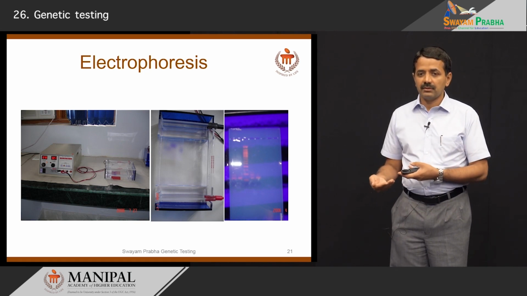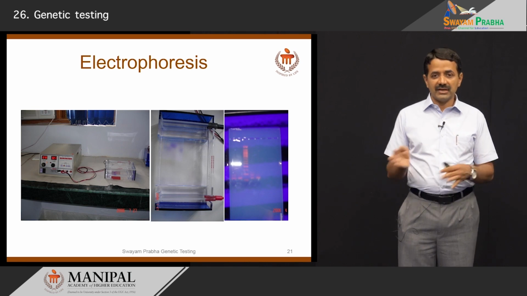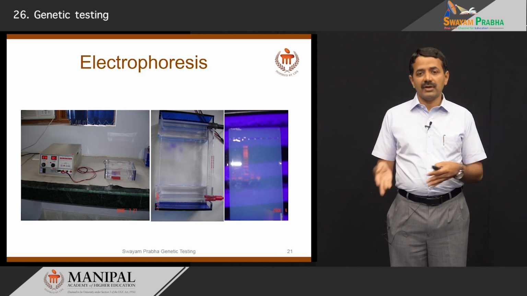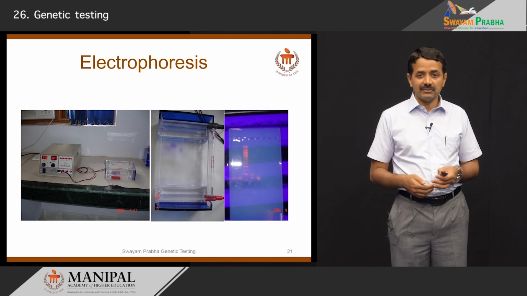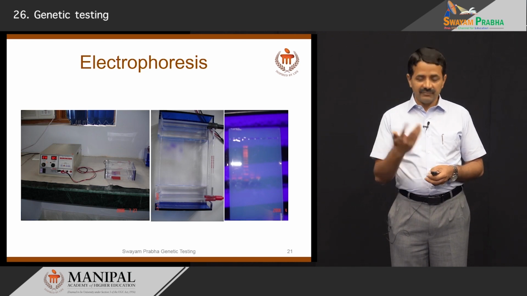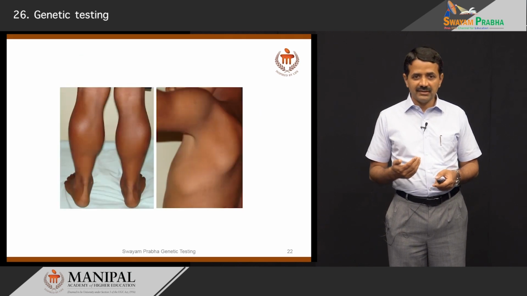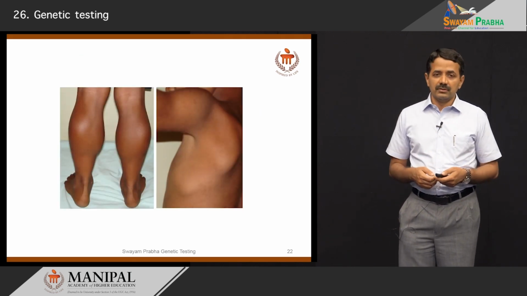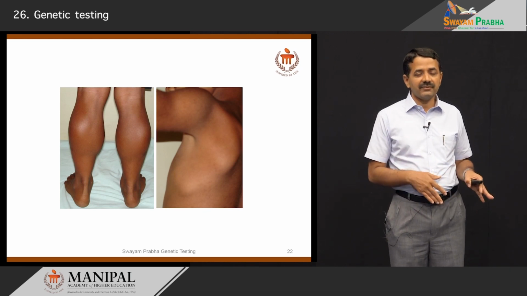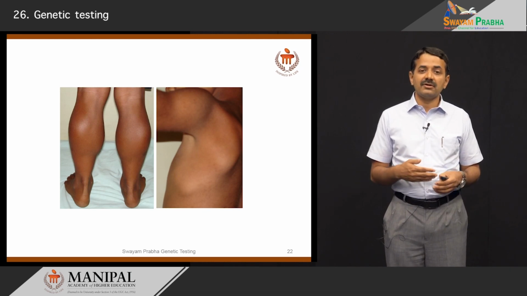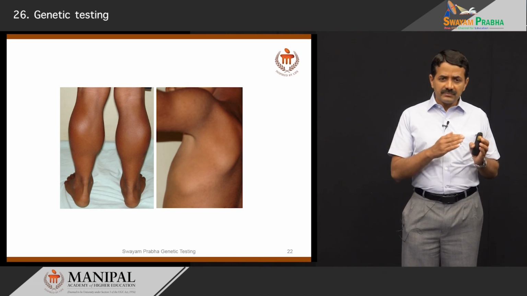from one electrode to the other, cathode to anode, and then you can stain it with some staining agent like ethidium bromide, and you can see the bands which can be photographed and analyzed further, as we do for Duchenne muscular dystrophy. Duchenne muscular dystrophy, children present with calf hypertrophy, muscle weakness, it is caused by mutation in dystrophin gene,